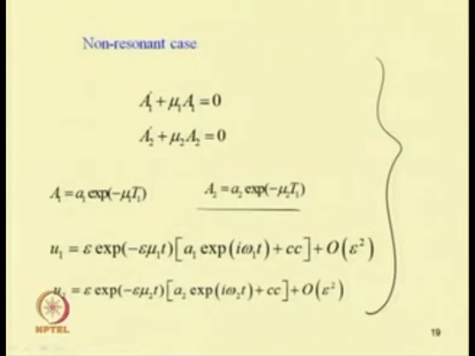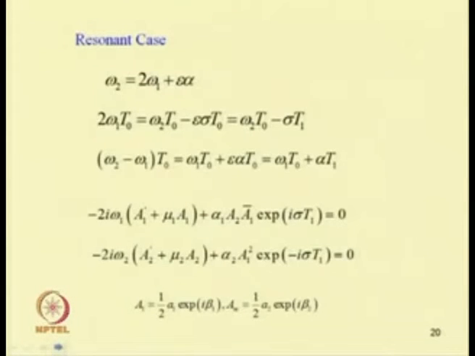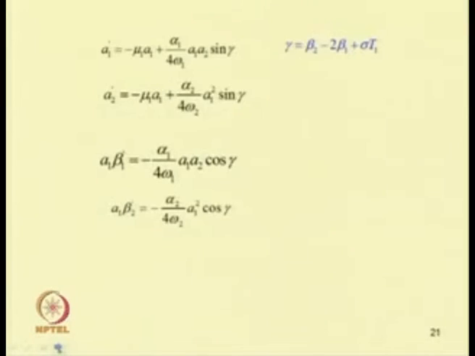So A2 equal to A2 e to the power minus mu 2 T1. It will exponentially decay to the steady state solution or trivial response. And in case of the resonant condition, if we are considering this internal resonance type, we can take omega 2 equal to 2 omega 1. Depending on the internal resonance condition, if someone takes it, then he has to take it in this form, and as we have already discussed, it will reduce to a set of reduced equations from which we can get the response.